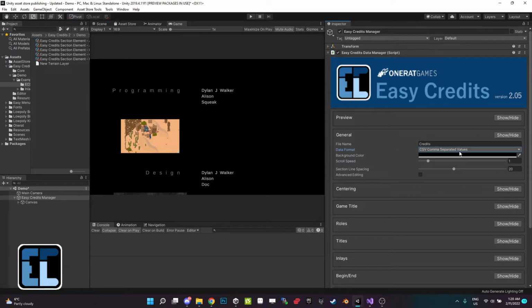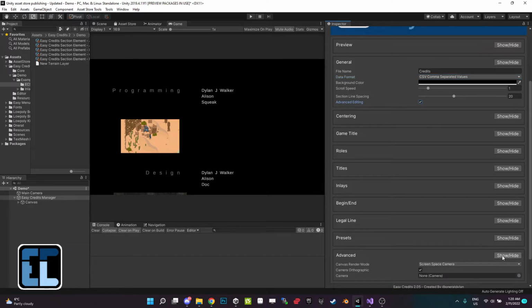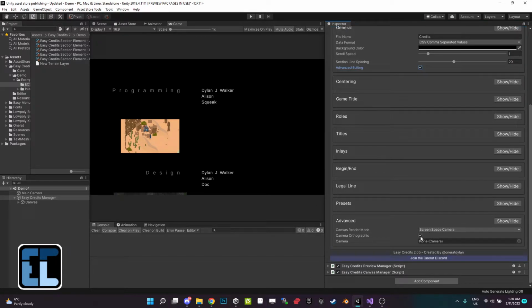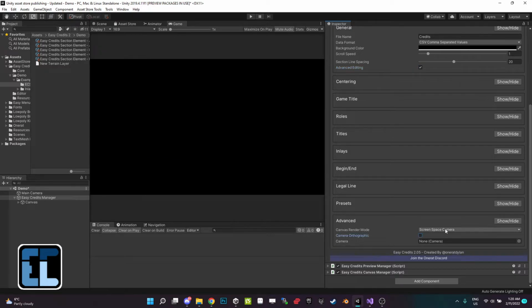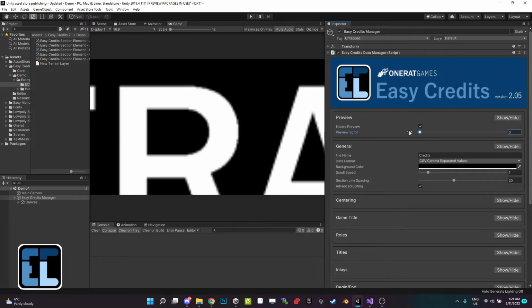The other new thing is the advanced editing. So if we come down to advanced editing and turn it on, we'll see it opens up this new window. Advanced editing just gives us some options over the canvas and camera, and can be used for VR. So if we change it to like this, and then come back up to the preview,